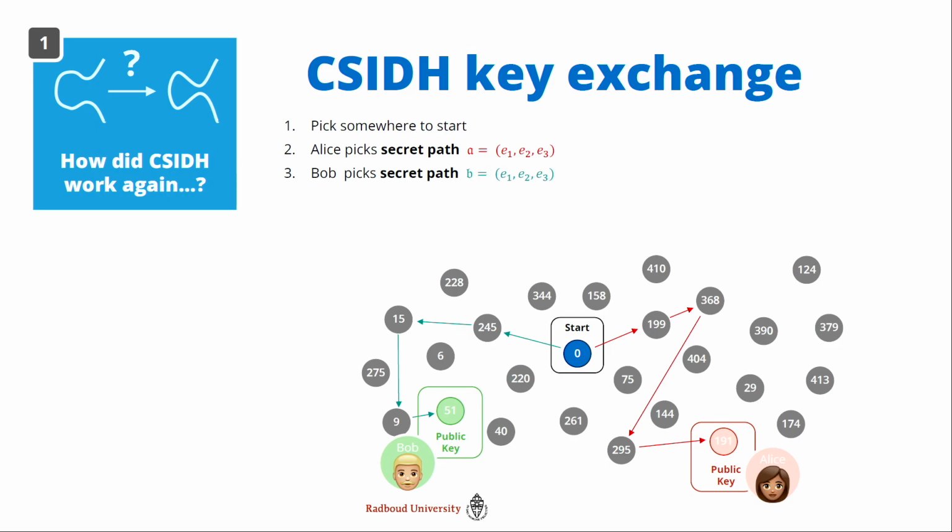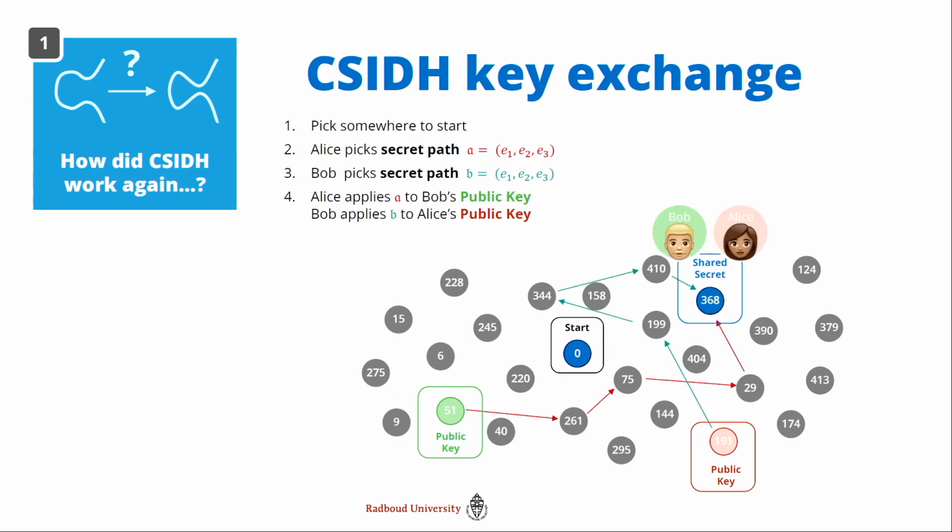And now by this commutativity that I just explained to you, if Bob would apply his secret key to Alice's public key, he would end up at 368, and so also for Alice, if she applies her secret key to Bob's public key, well, they get this shared secret, and that's all they really need. In this example, it may look rather trivial, but you can imagine if you have a prime of 500 bits, that this graph is going to be insanely big. And then, if you would only have this information, so the start, the public keys, and the shared secret, it should be impossible for an attacker to retrieve the secrets.